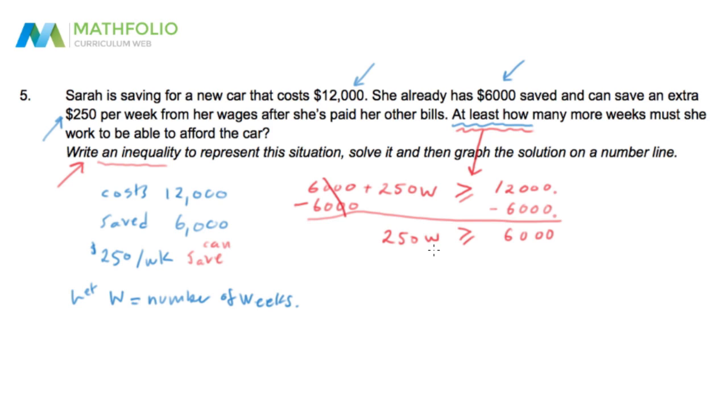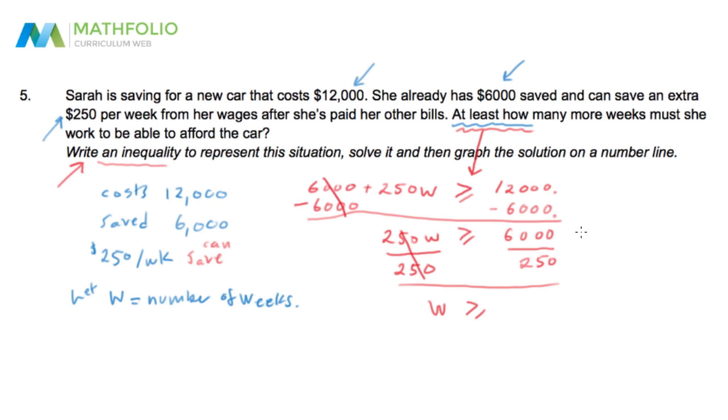250W. Now think again, what's happening to the W? Well, it's being multiplied by 250. So to undo that, we use the inverse operation. That's the fancy word, inverse operation, which is the opposite. So instead of timesing by 250, we're going to divide by 250. We've got to do the same to both sides. And then these cancel, and we are left with W is greater than or equal to